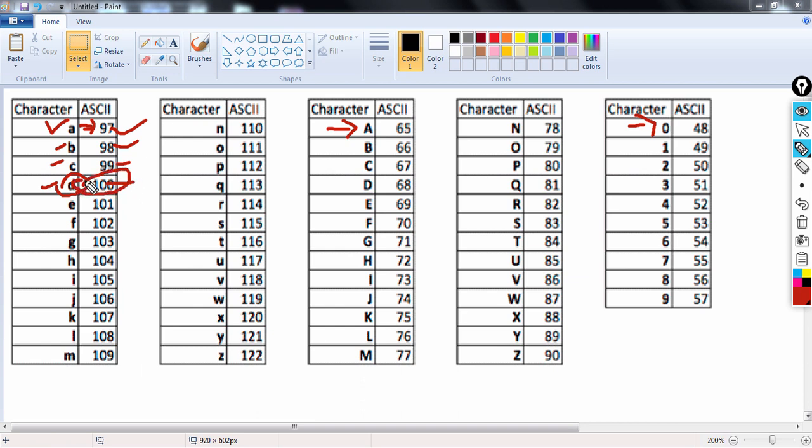So 100 is the ASCII value of the letter D. So this is how you can calculate the ASCII value of any alphabet and any digit, if you just remember small a is 97, capital A is 65 and 0 is 48. So at least these three values you should remember.